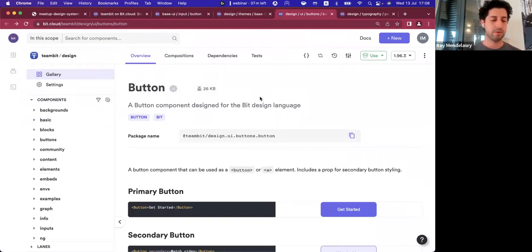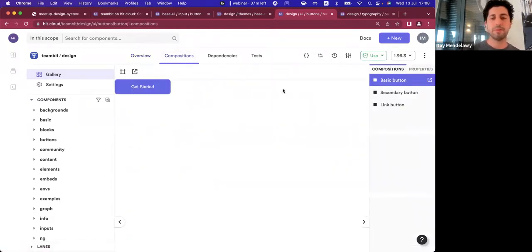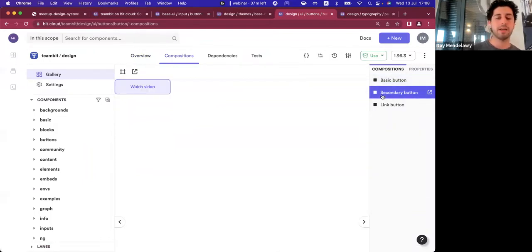If we thought about the former button as the base input, maybe we have a CTA component, right? A button that can be primary, that can be secondary, that can be a link, that is essentially themed and accepts the styles from a theme. So it's no longer a headless component. This button essentially gets standardized by being composed into a theme.